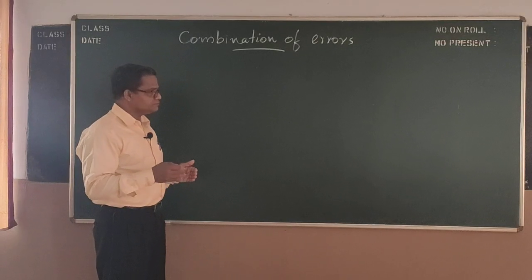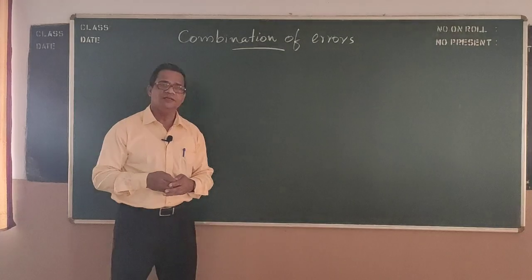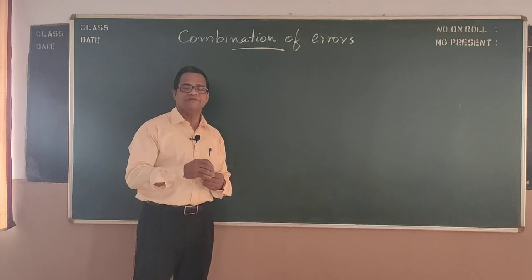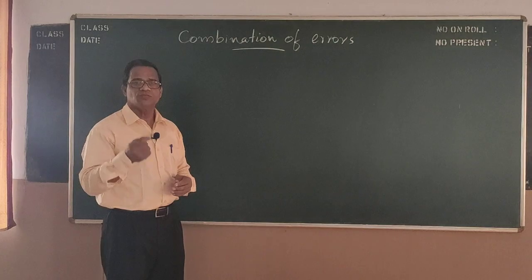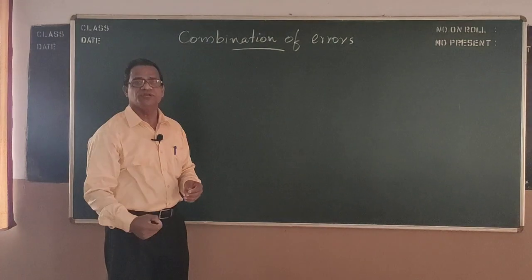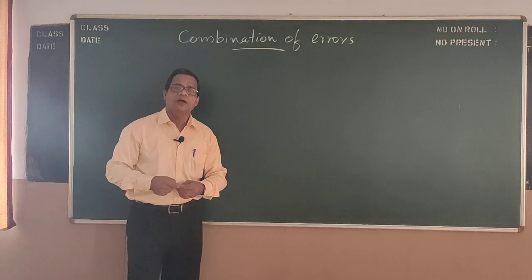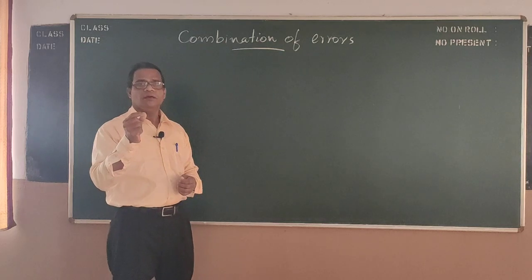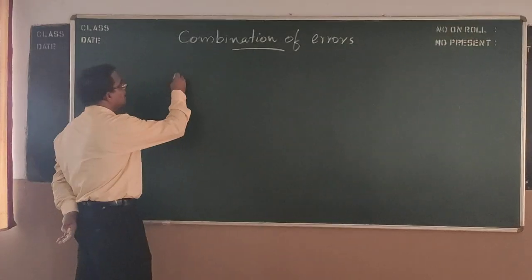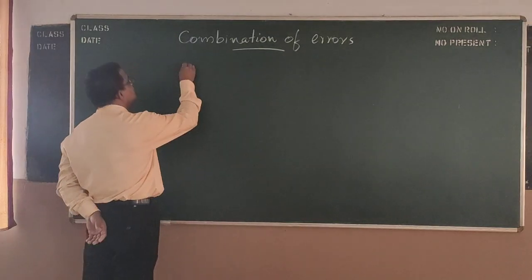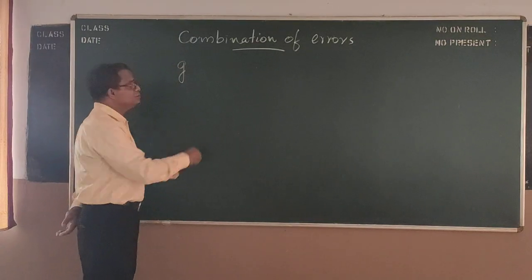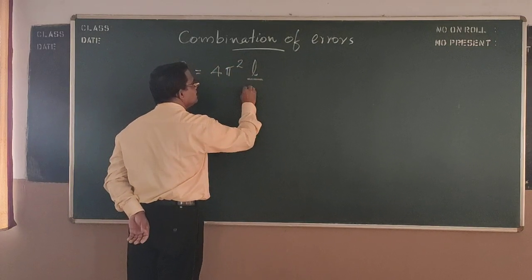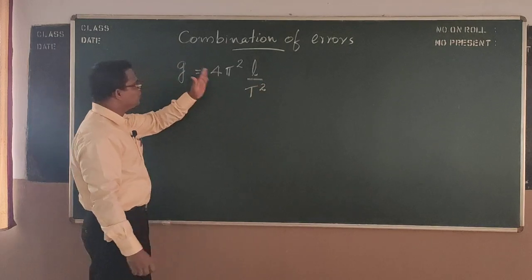If I am measuring acceleration due to gravity using a simple pendulum in the lab. Simple pendulum you all might have seen in the lab: a small heavy ball attached to a long string and made to oscillate. Using that simple apparatus, we can determine the acceleration due to gravity, and for that I have the equation g equal to 4 pi square L by T square. For example, this is the equation for finding the